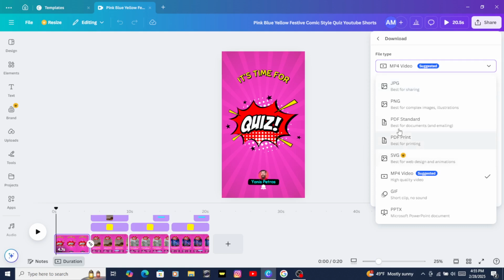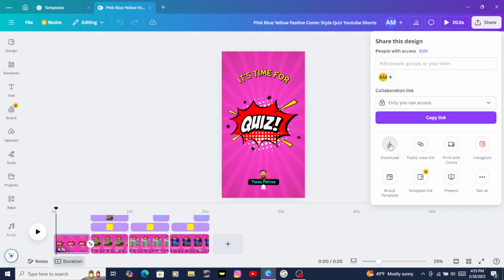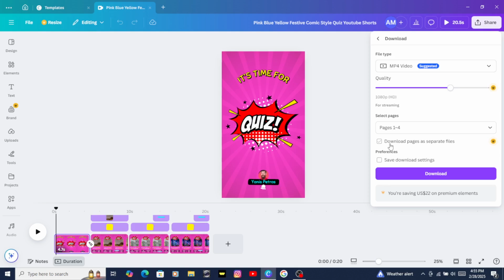However, if you want PDF files, you've got standard, you've got print. You can also print on here. So if I was trying to, which I may just download it anyway. Go ahead and download, because I want to keep this if I can get the audio to work right. So I'm going to go ahead and